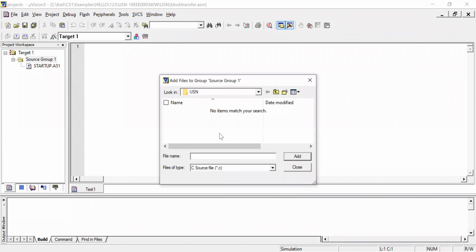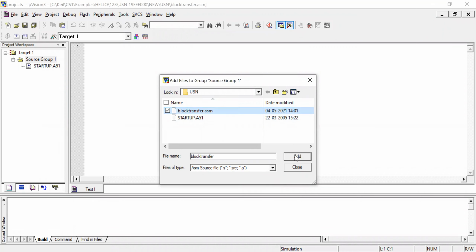You can see one tab here. Go to Files of type. Since we have saved the file as .asm, click on ASM source file. It will show your file here. Click on that, Add.